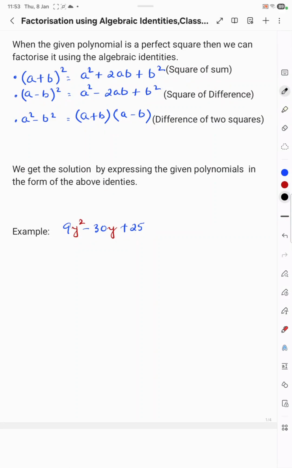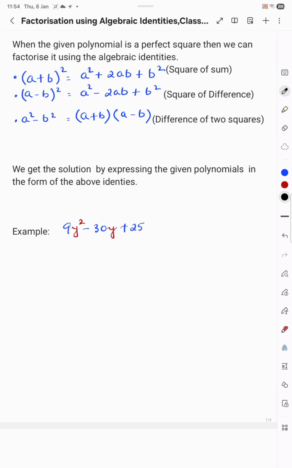Hi students, today let's discuss factorization using algebraic identities. When the polynomial is a perfect square, we can factorize it by using the algebraic identities. So what we do here is try to get the solution by expressing the given polynomial in the form